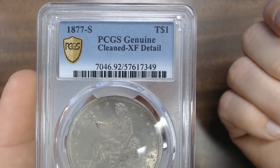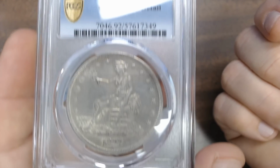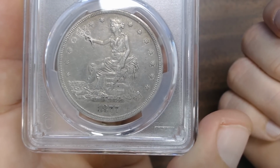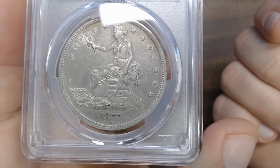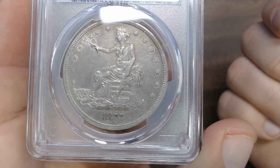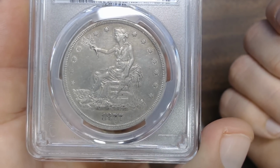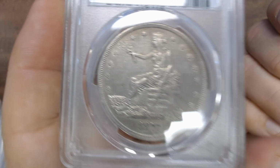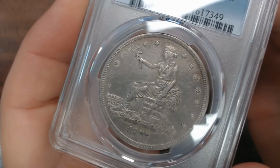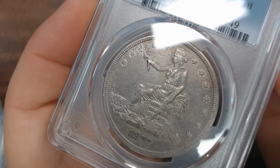1877S, genuine, clean, extra fine details. I submitted this coin for the same reason why I submitted the 1835 cap bust half dollar I showed earlier. It looks 50-50. I know I see the halo around some of the stars. I was hoping that the toning, it retoned enough to get a pass. It did not. But it is a nice coin, and there's nothing crazy. I mean, there are some lines I do see,